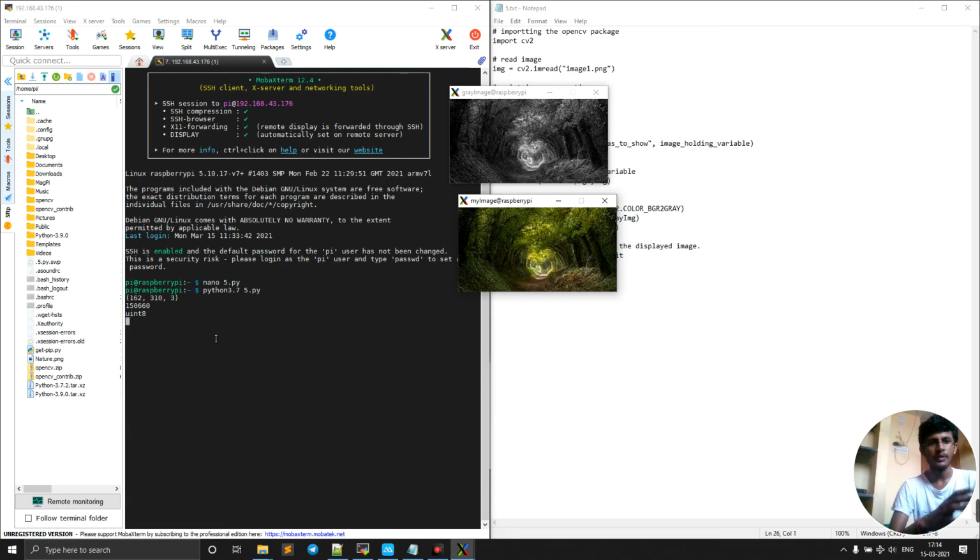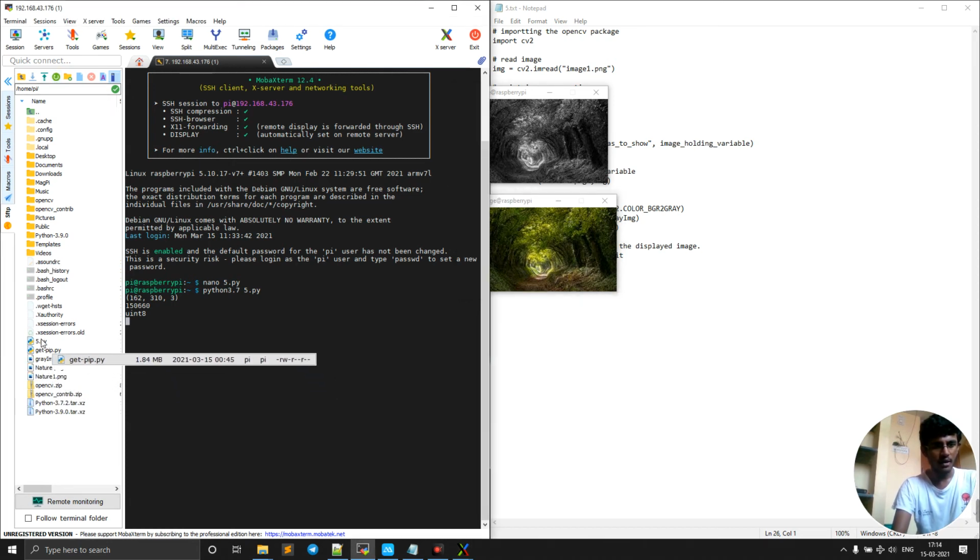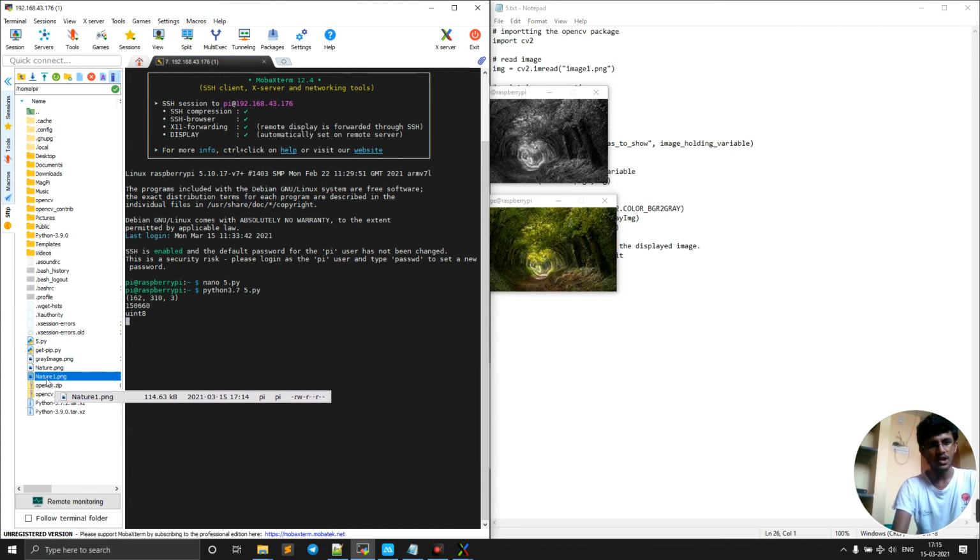Okay, so here we have one nature image. If I refresh it, another two files will be there. Here you can see the gray_image.png and nature1.png that we just wrote. Then this is 162, that is the height, and this is the width, and the 3 means color image.